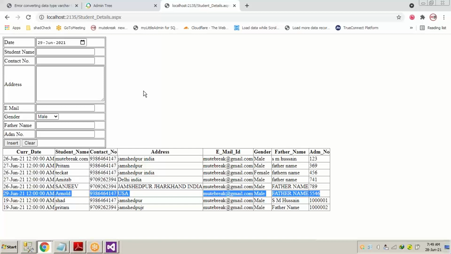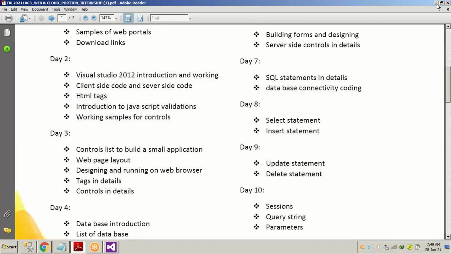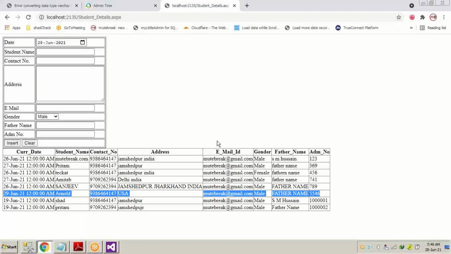Now, the thing which we are going to discuss today is the update statement and the delete statement. So what do you understand by update statement? Update stands for updating any record, meaning modification of any record.